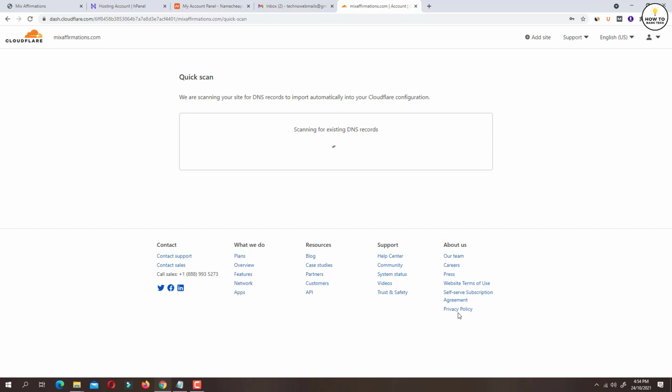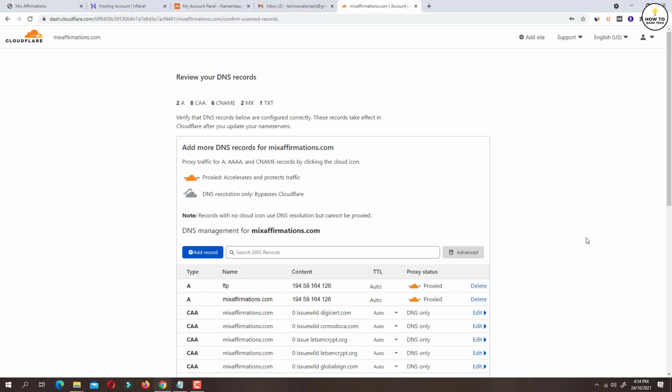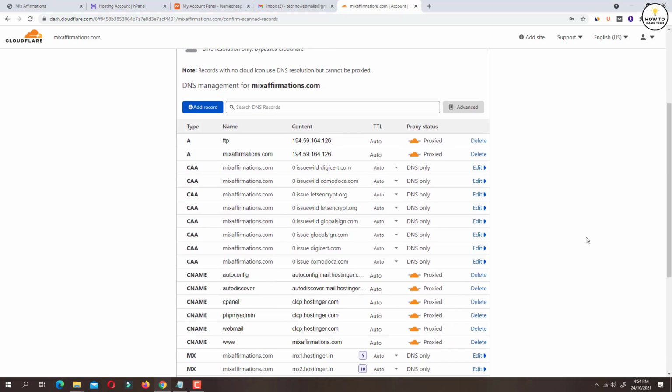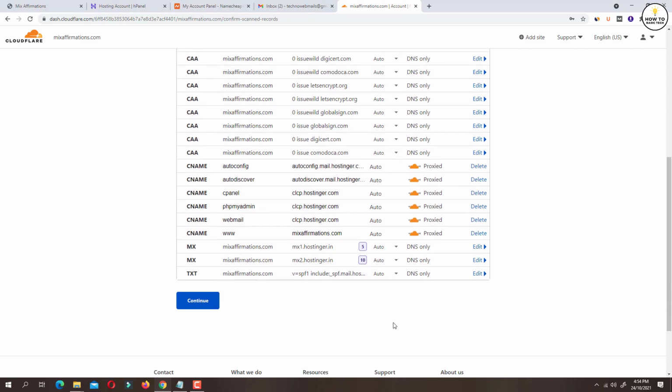Now Cloudflare is scanning for the existing DNS records and it will gather the information and display it within seconds. So here are the DNS records for mixaffirmations.com. You don't have to do anything with these details. Just click on the continue button.